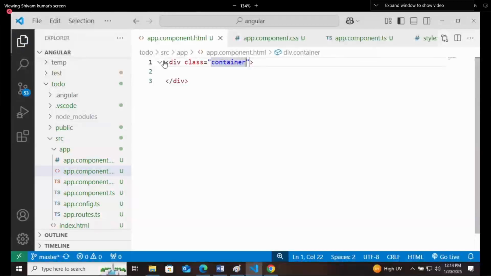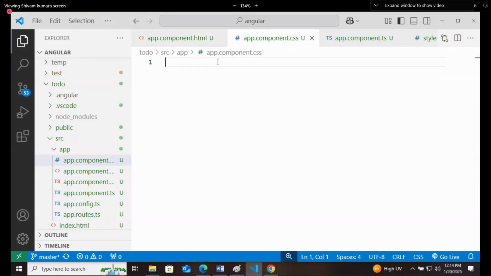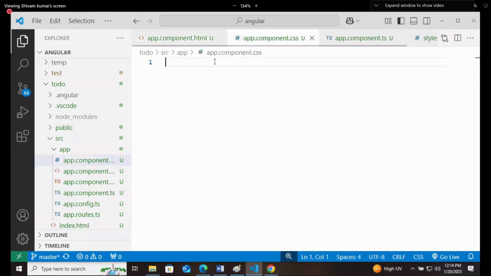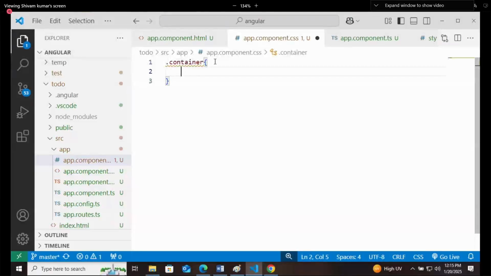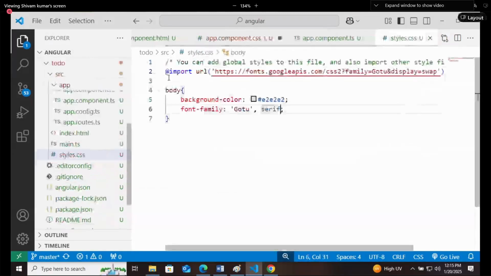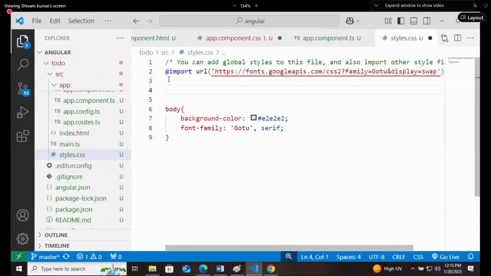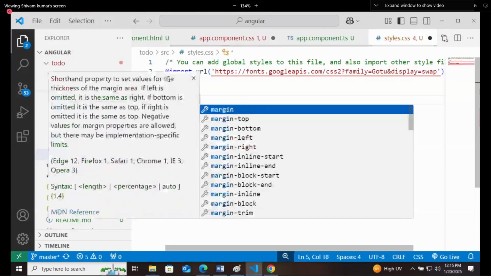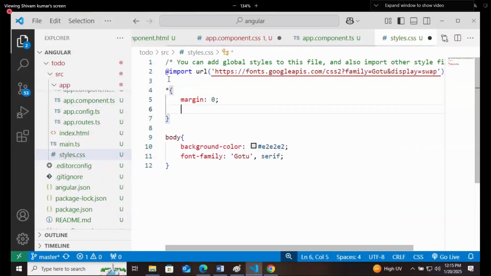Understand it properly without discussing anything with each other. Now in this container, I will be giving some properties to this container. So first let's write this container. In the global CSS, let's call the universal selector at first, and write the margin as 0, padding as 0,